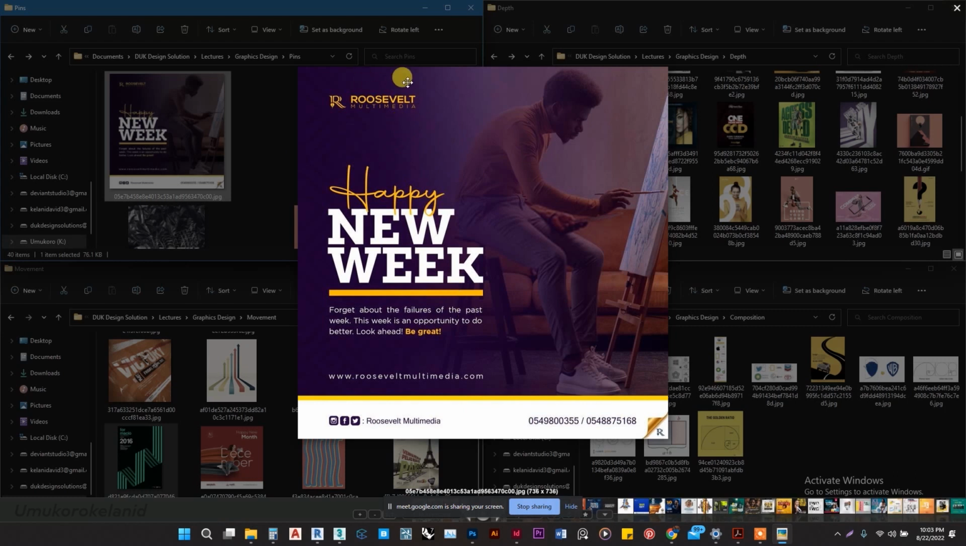So that means what you should first see should be around this "Happy New Week", because it's the dominant object in the whole composition. Before you start thinking of looking at something else in the design, if you check this Happy New Week design, you start from the Happy New Week, and before you know it, your eyes take you to the guy